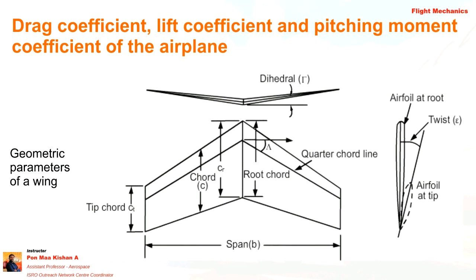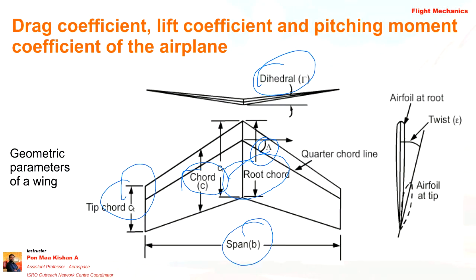Right. Apart from that we need to know the basic parameters of the wing. So the root chord will be there, the dihedral angle, which is one of the important parameters, and the swept-back angle, which is also important. Root chord, mean chord, and tip chord. Before entering into the drag polar coefficients, you should know the root chord and tip chord. I hope you might have studied this in your introduction to aircraft as well as principles of flight, so I'm not explaining that again.